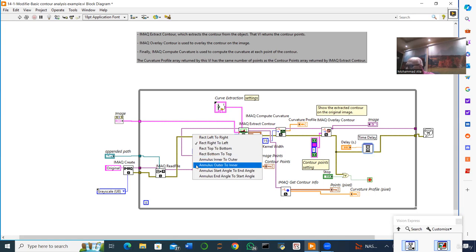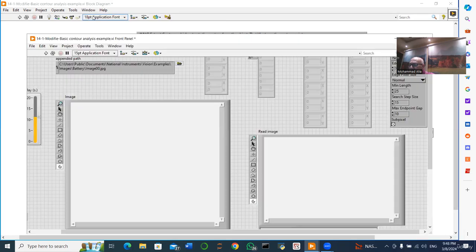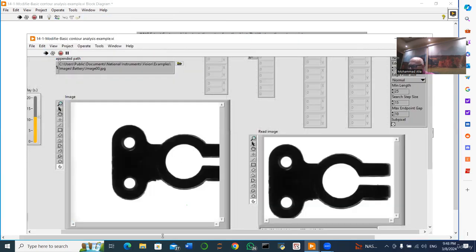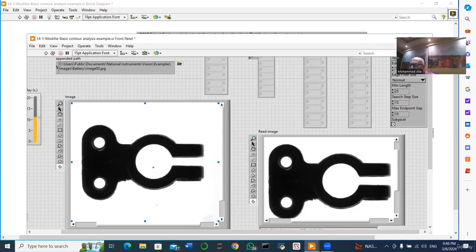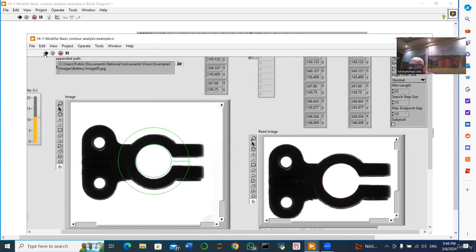Let me take annulus from outer to inner, for example. Now when I go to the front panel and run the program here, as you see, I want to shift it first, and let me mark it now as requested. And when I run it, it will show, as you see, the contour in red